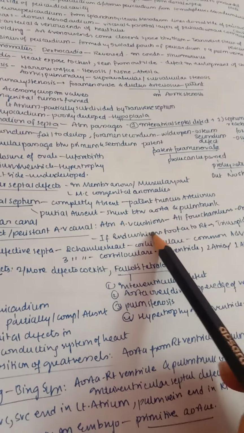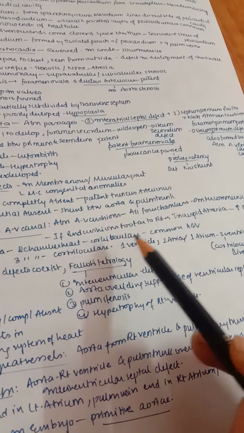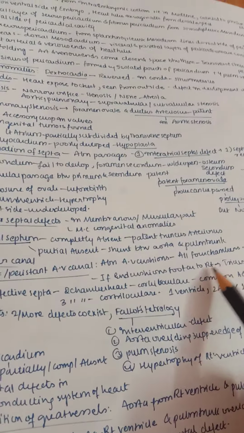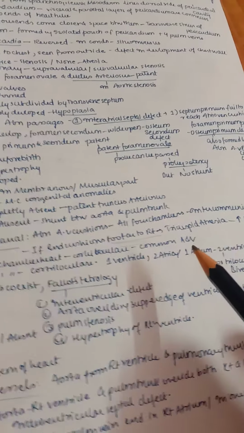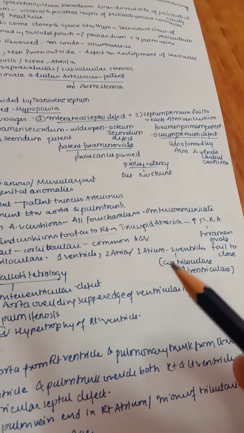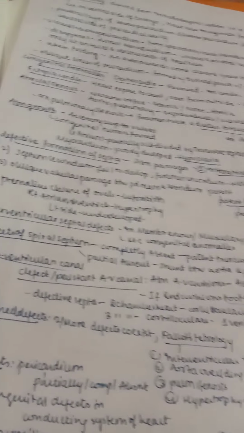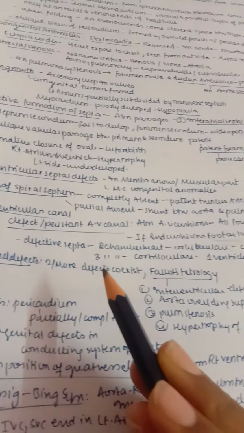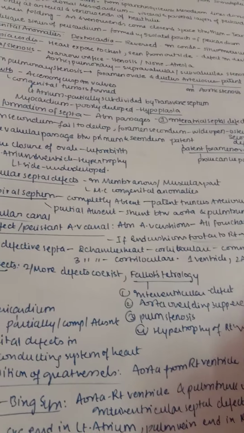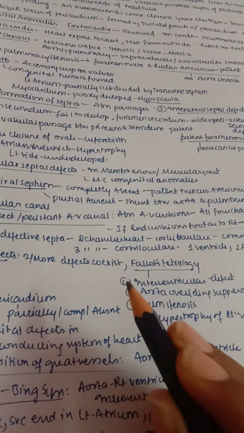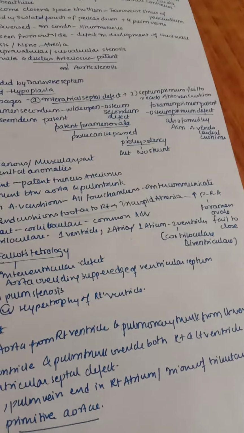So there are abnormal AV cushions. All four chambers intercommunicate, and if the end cushions move to the right, there is tricuspid atresia, there is high pressure in the right atrium, foramen ovale fails to close. And defective septa, two chambers of the heart are cor biloculare, common AV. Three chambers of the heart are cor triloculare, then one ventricle, two atria, or one atrium or two ventricles, that is cor triloculare biventriculare.